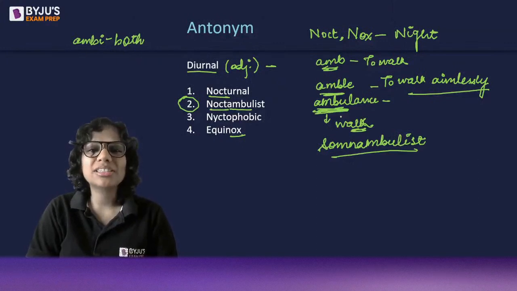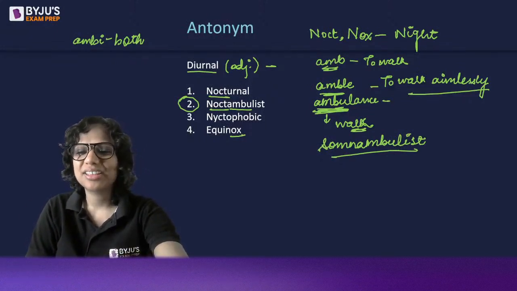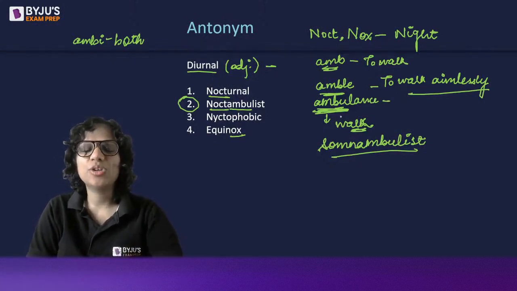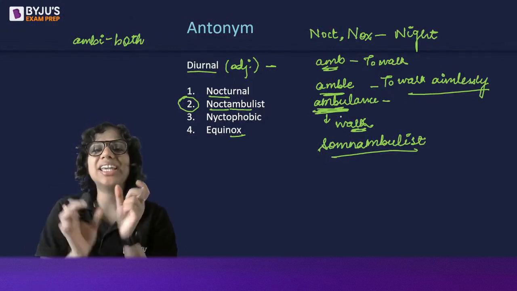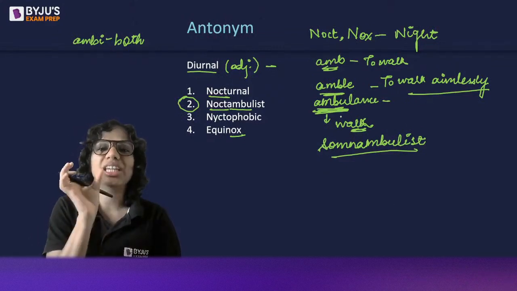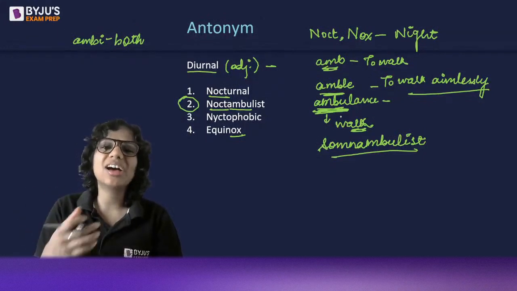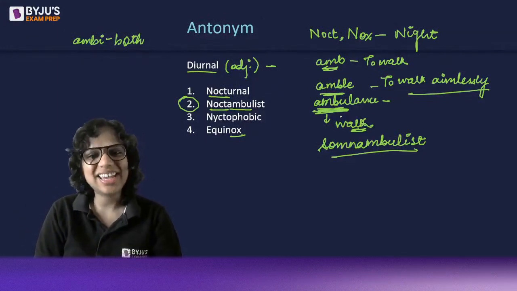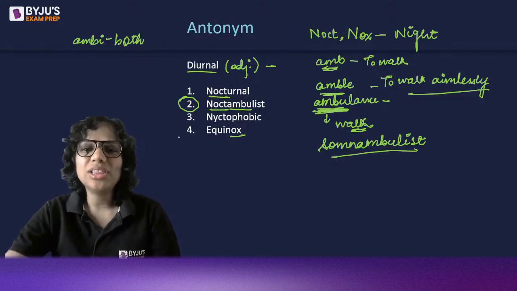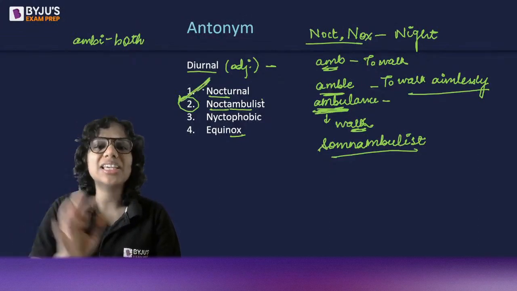And what is equinox? I'm sure you've studied this concept in your social sciences in school. Correct, Ishank. Equinox means when we have equal day and night. This happens twice a year, that the duration of the day and the night is exactly the same. These two days are referred to as equinox, right? And that's why all these don't fit, although all of them belong to this root noct and nox. The one that is the answer is 1.